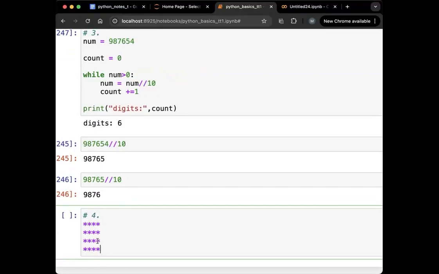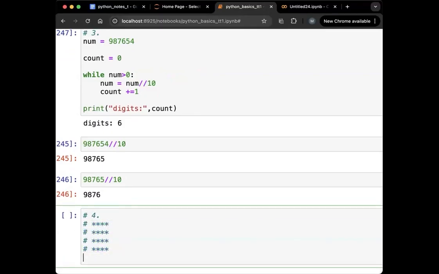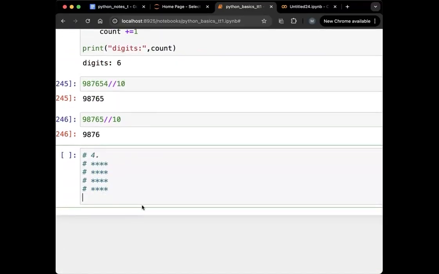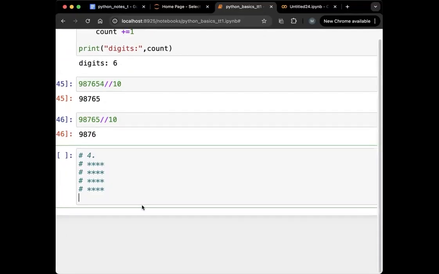I wanted you guys to print a pattern like this. How do you print this? Using nested for loop. Whenever you see a pattern, it's always nested for loop that will be able to solve it. So here, the concept of using nested for loop is,